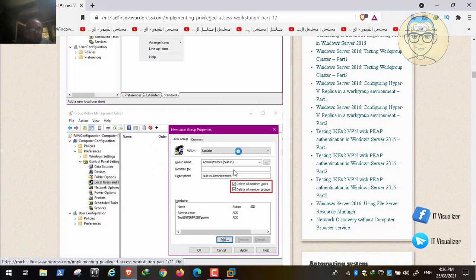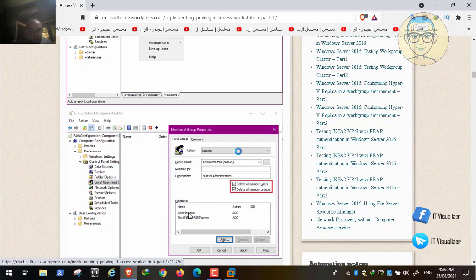So one of the things we need to do is take the local administrators group in every POW workstation and delete all of the members in it. If there are any members in the local administrators group in the POW workstation, we will delete all of the members and all of the groups,